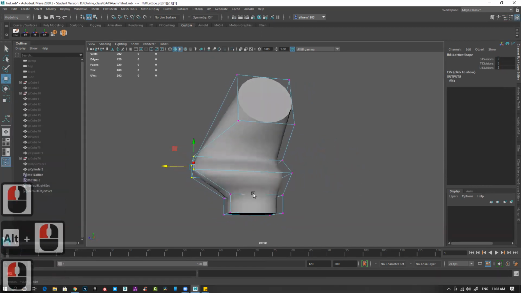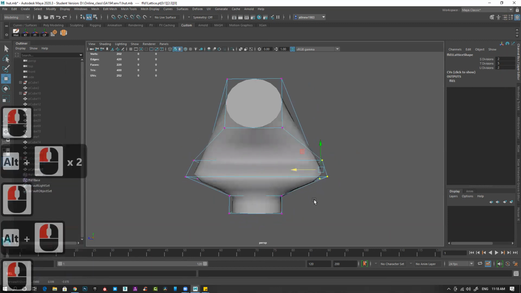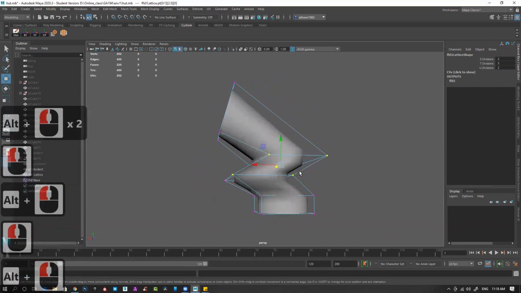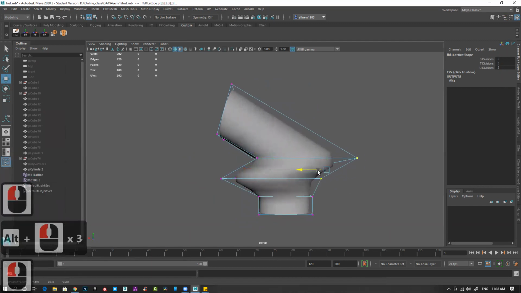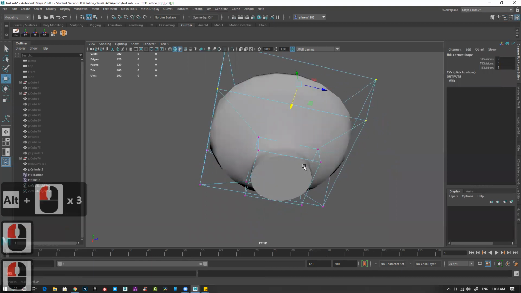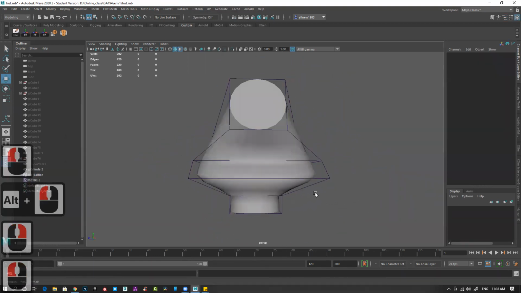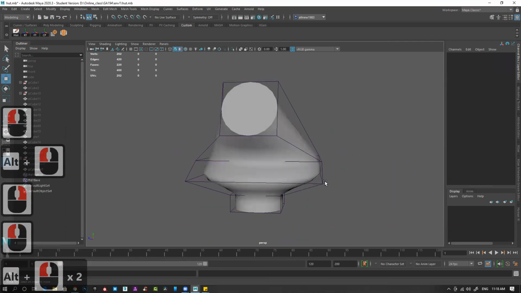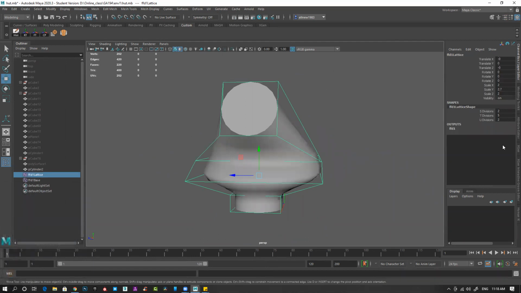You can create things really quickly and modify them very easily, and modify the number of these FFD points. You can change from here very easily. So this is FFD and bend.